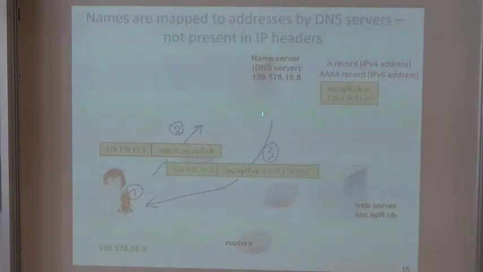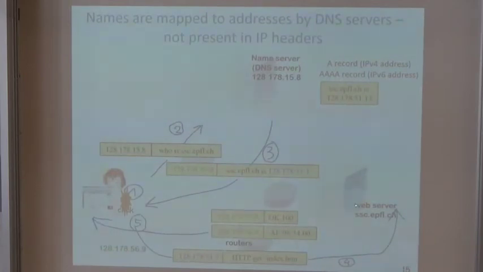Then, after going to the DNS server, the software in the computer will know the IP address of this machine, and then what is sent is an IP packet that contains as destination address the address of this machine, right? So in the IP packet header, the information that is used to transfer this packet across the world to the final destination, the name is not used. The name may be present in the text of the message, or may be absent, depending on what the text is, but is never used to transfer packets. So names are human-readable forms, but the machines, the routers, use IP addresses.